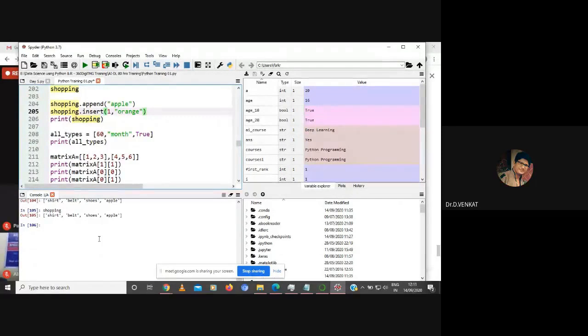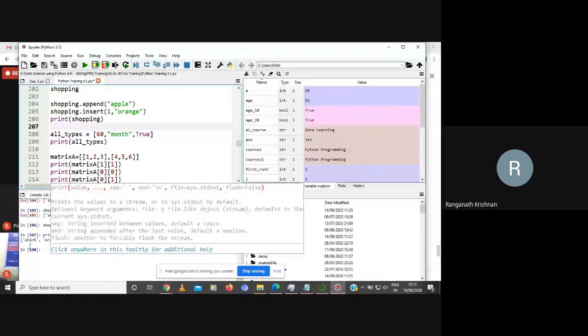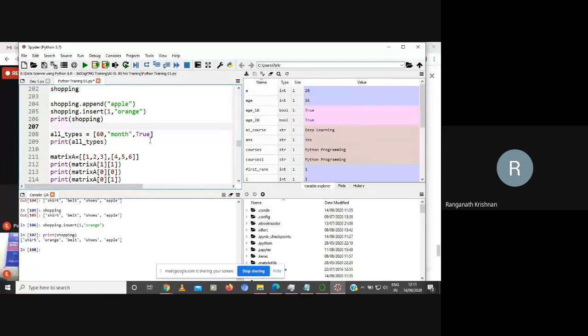Are we getting third position after shirt? Is that the third position? After shirt is the third position. Who is saying that? Second position. Oh, sorry. What is the index number? See, they have to talk in Python terms. Between the second position, after shirt, but the index is 1. So whoever has answered it is correct. So you see here, please remember, you won't go in front of shirt. Always remember, people make this mistake.